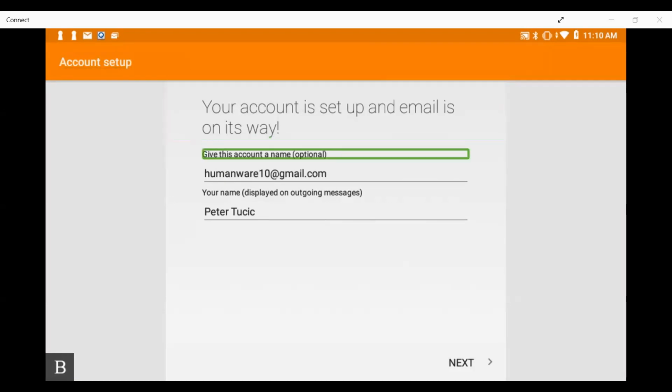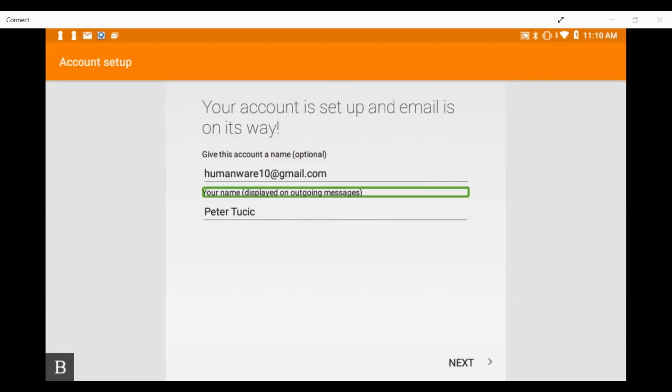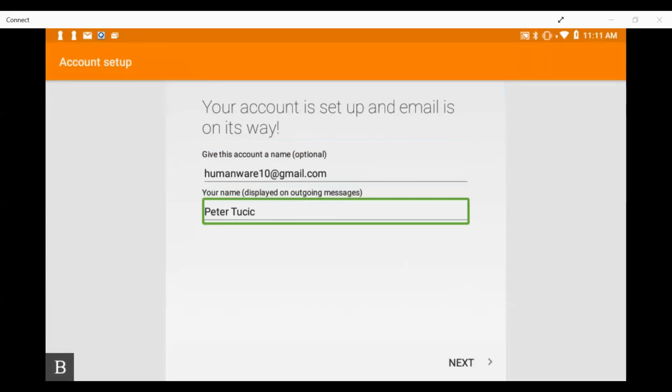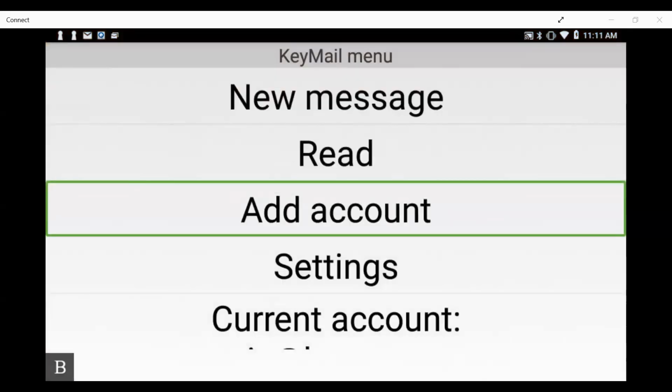Your account is set up, and you give this account a name. HumanWare10. Your name displayed on outgoing messages. My name is Peter Tuchek. Good. Edit box. That is me, and I'm going to press my next bottom button all the way at the next button. So I just press 4, 5, 6 with space to move my focus to the very bottom, and I'm going to press enter. Add account. Boom. And now we are placed in the Gmail menu, and we have added our account